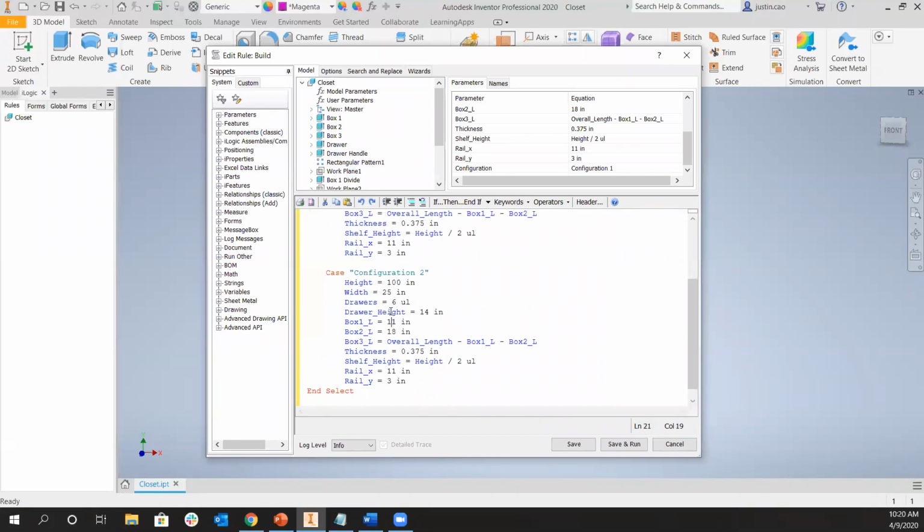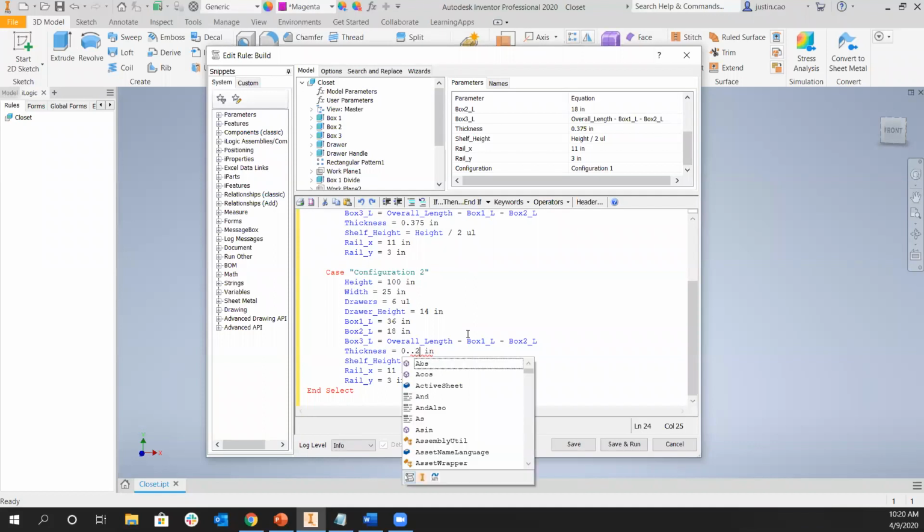My box 1, I want this one to be bigger. And then now my box 3 is going to calculate to be the remainder of these 2. Let's just say that instead of 3/8 wood, we're going to go for a 1/4 inch. And then everything else, I like the way it looks. So if we go ahead and press save and run,